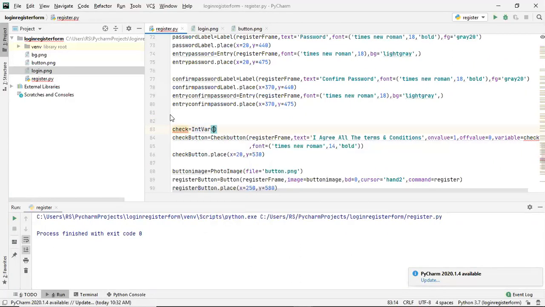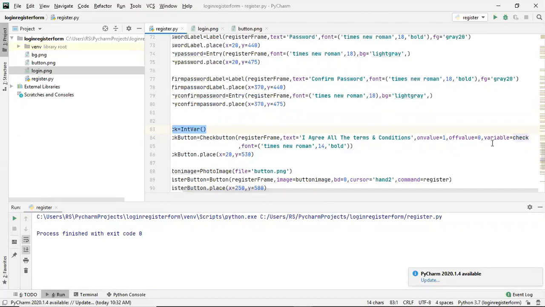Then I am passing this variable check in the check button class. This variable check will either store the on value or the off value. So if you check the button, inside this check we will have 1, and if you uncheck the button, inside this check variable we will have 0.